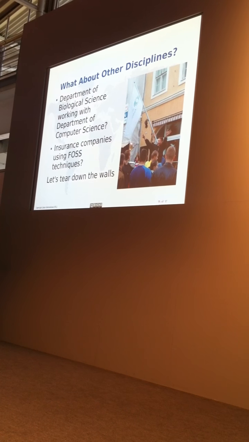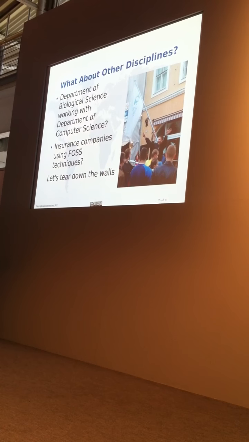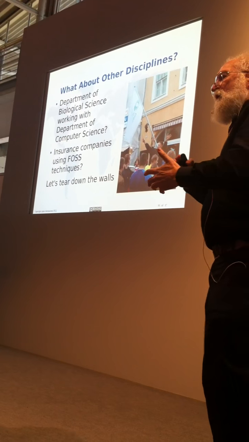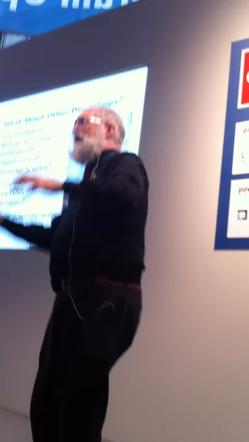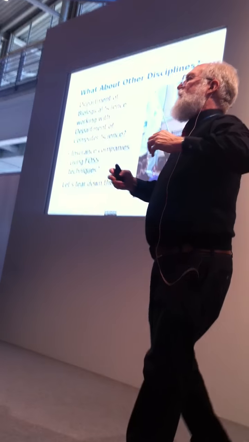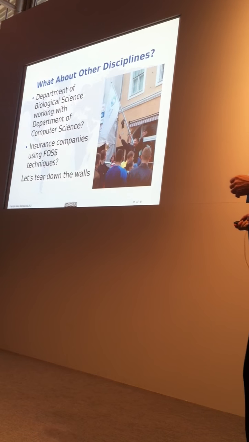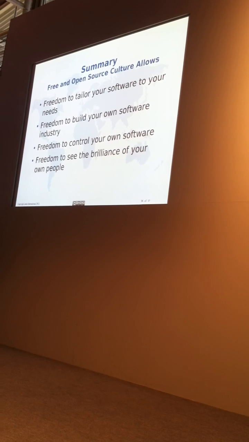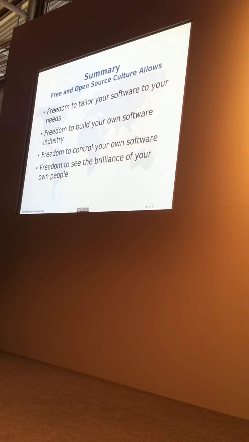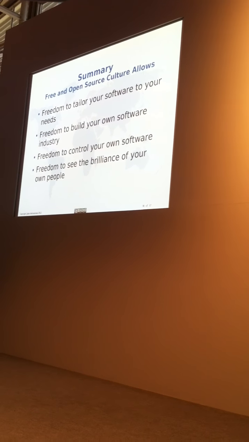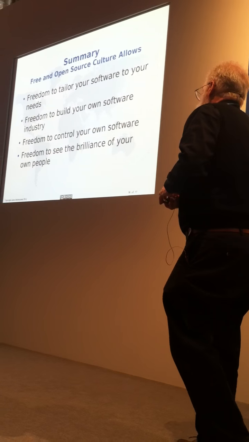There's other disciplines. We should be getting our other disciplines to think in a more open fashion, interacting with computer science, not just computer science and biology, but the interaction of both of them, and doing it in an open way. So, free software and open culture gives you the ability to tailor the software to your needs, to see how the software works, to generate